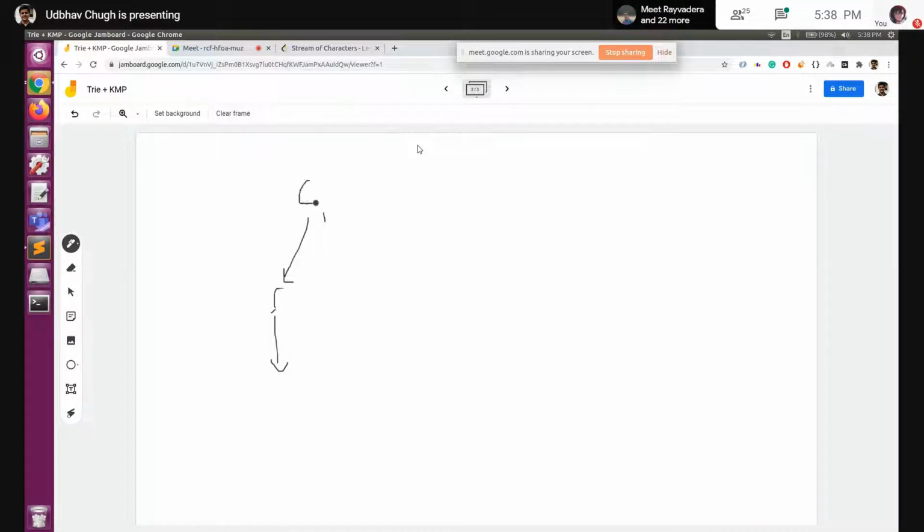So our trie would look like we'll insert the reverse of these. So D and C we will insert. Then we'll insert F. F will point to empty. And we have to insert KL. So we'll insert L and it will point to K and that will point to empty. So this is how a trie would look.